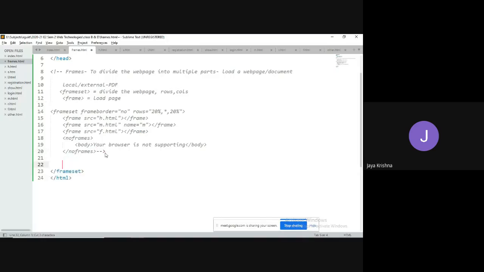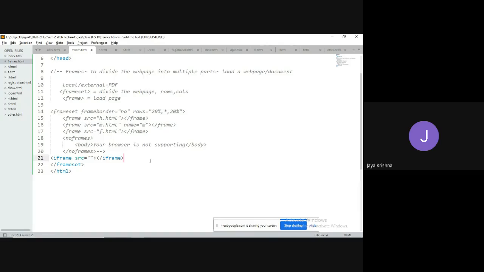Next concept is iframes. So iframe is a predefined tag which is also meant for loading web pages, and it is also meant for dividing the web page into multiple parts. But here we need not use any kind of body tag.